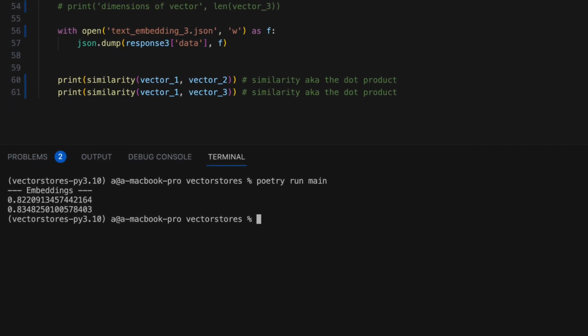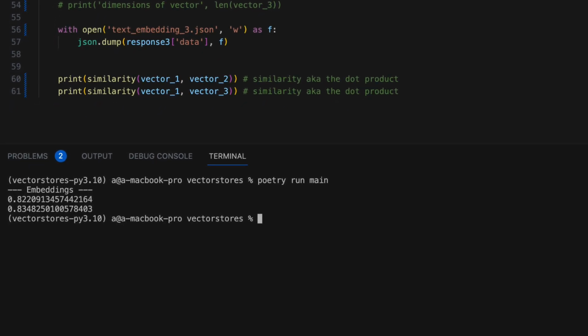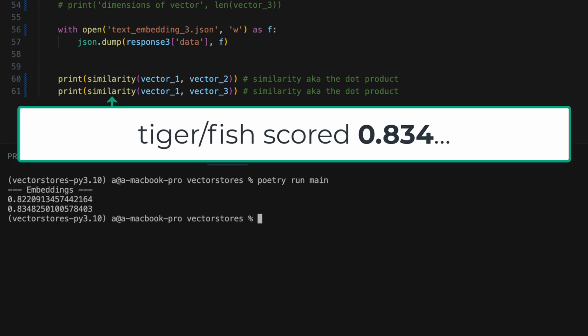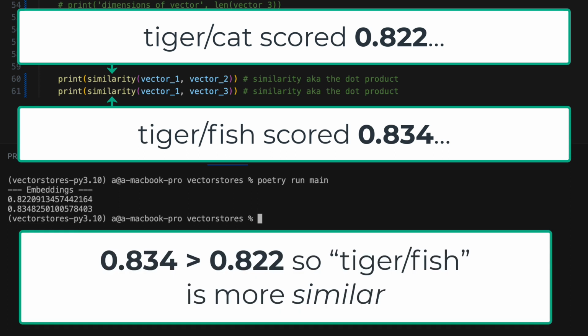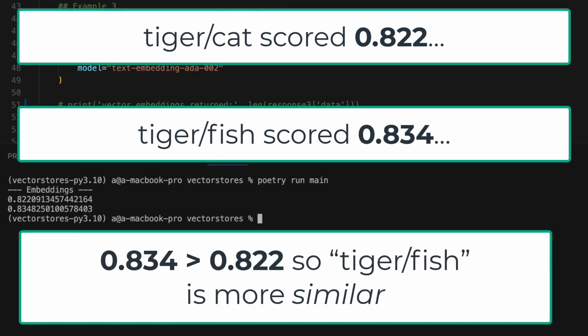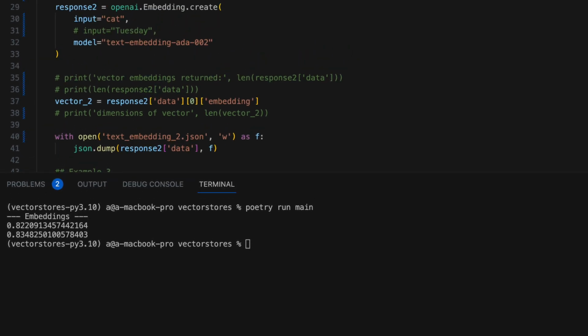So according to text embedding Ada 002, tiger and fish are more similar than tiger and cat. Maybe that has something to do with cat being a domesticated animal. I don't know. Let's test out